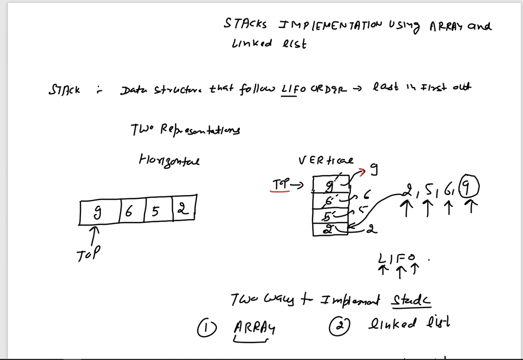Once this is deleted, we decrement top, and we get the new position of top. After deletion of the 6, we have this new position of top, and so on, up to this position. When we delete this 2, there is no more element. When we decrement top further, it becomes -1, and when the value of top is equal to -1, this is the underflow condition. It means that there is no more element to delete.